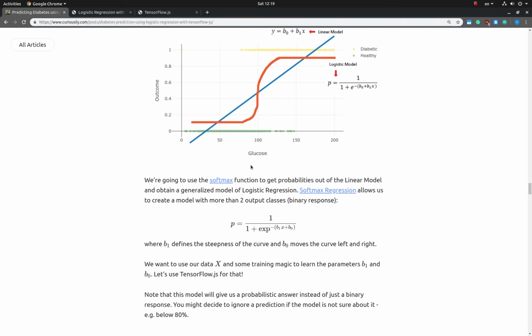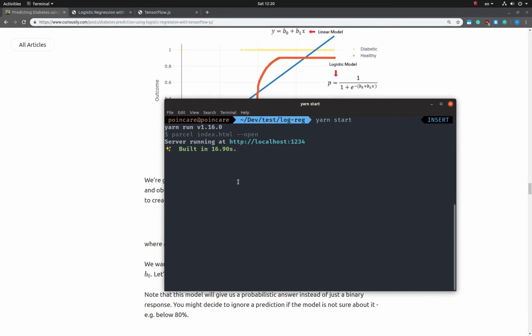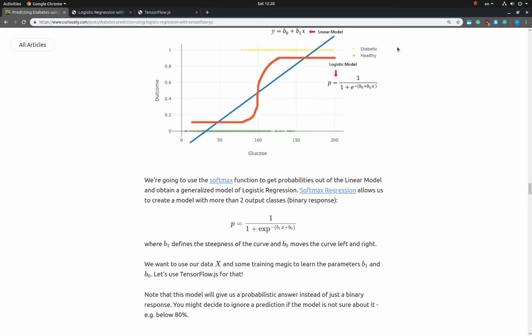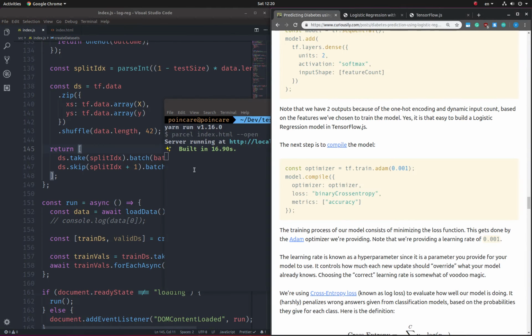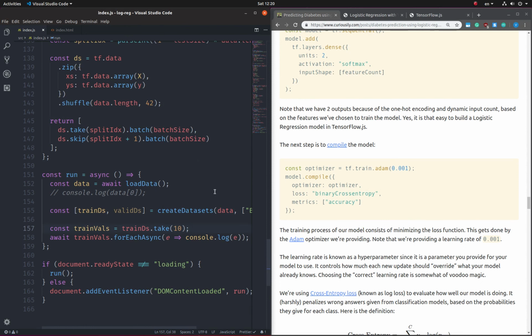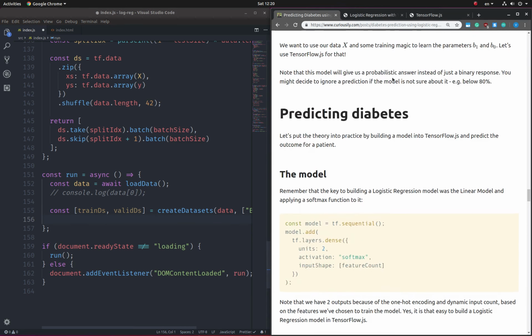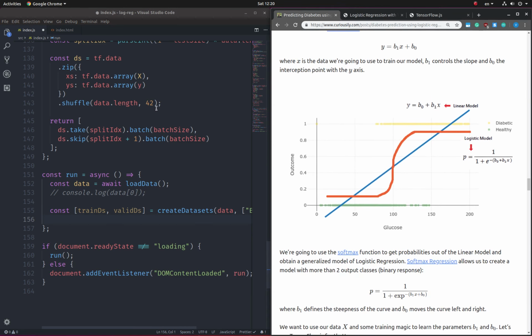I have already started the project that we left off with last time, and here is our code, at least for now. I'm going to remove those two lines for now, and we are left with the datasets that we had. The first thing that I'm going to do is build the model,